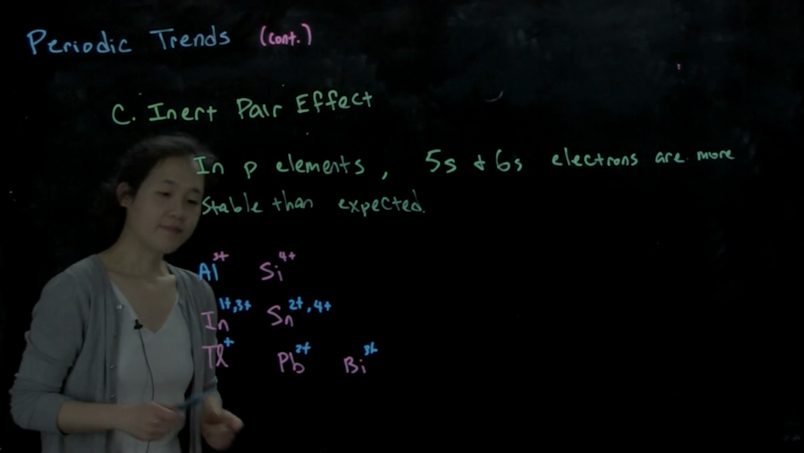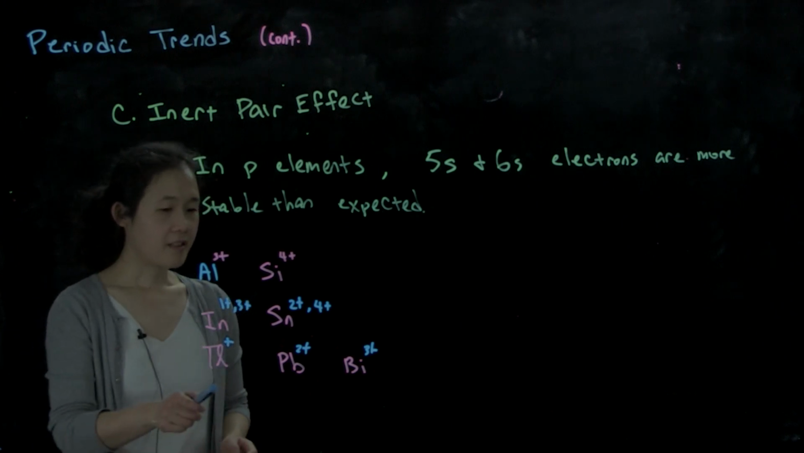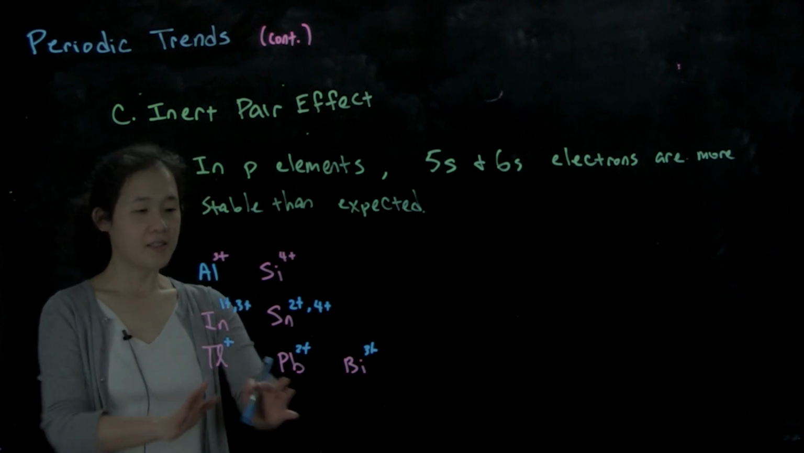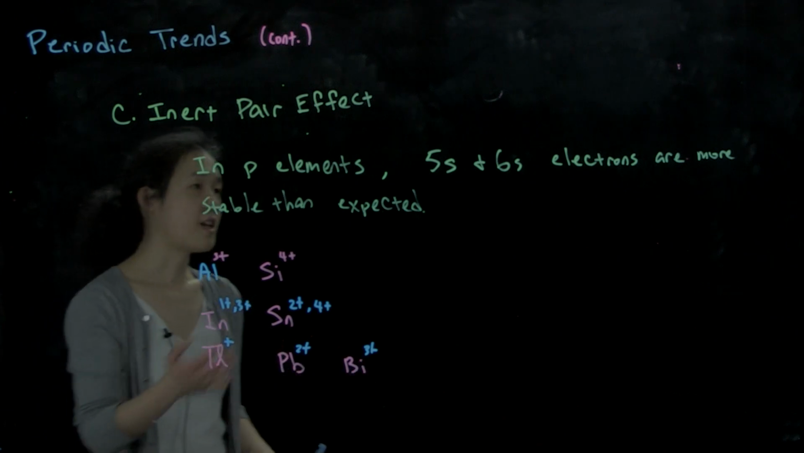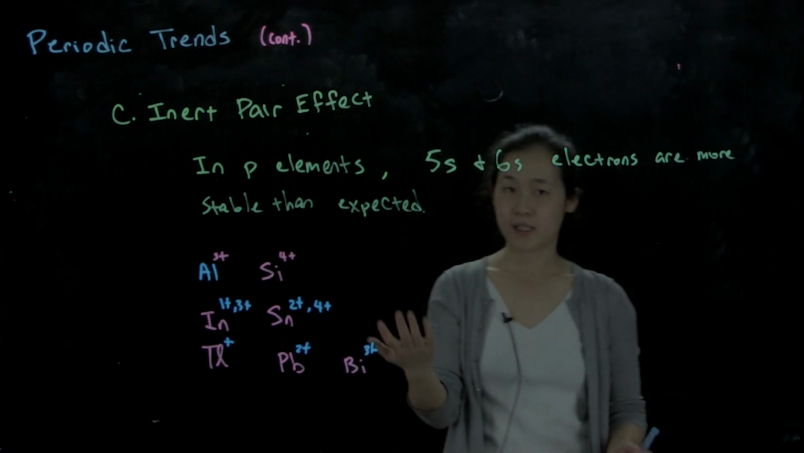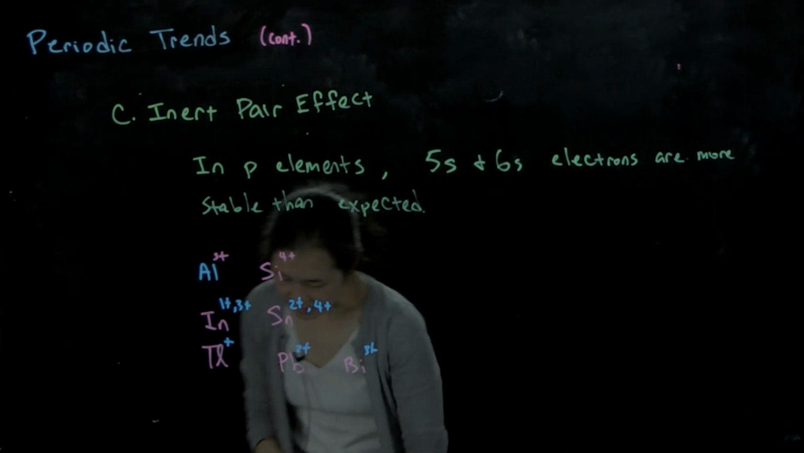All right. So, okay, where was I? Yes. So again, these configurations, we still have our s electrons. So that's what the 5s and 6s electrons, more stable than expected. And so the reason for this is,